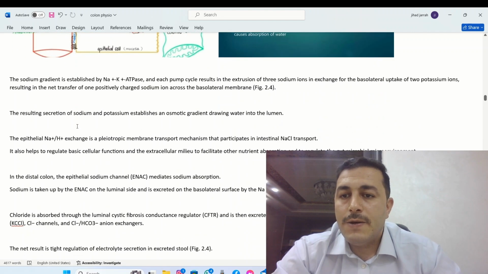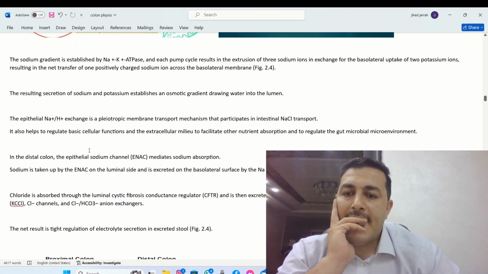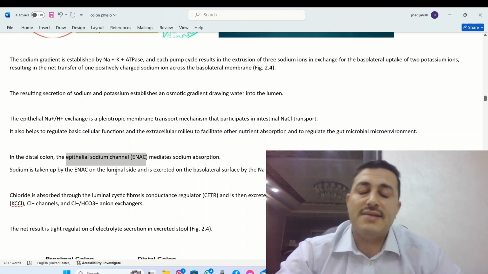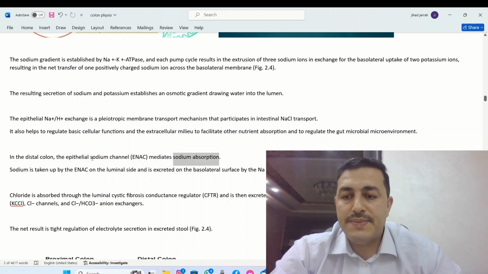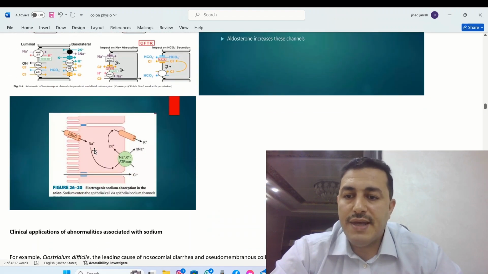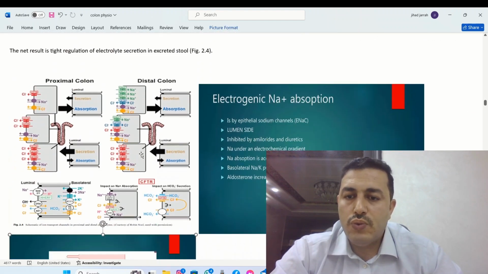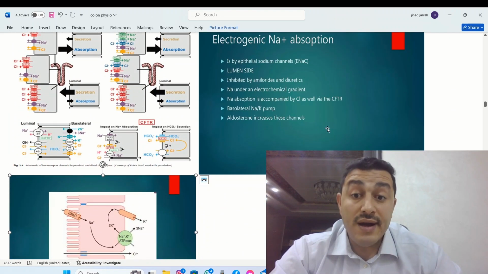What else? In the distal colon, we have what we call the epithelial sodium channel. It enhances sodium absorption in the distal colon. This is the epithelial sodium channel. Okay, we do not want to go deep. We said these are under aldosterone